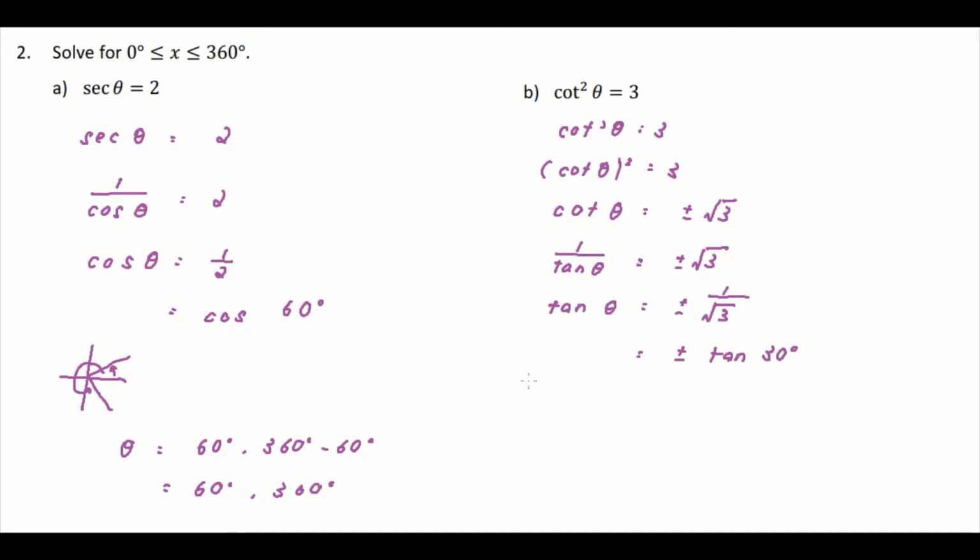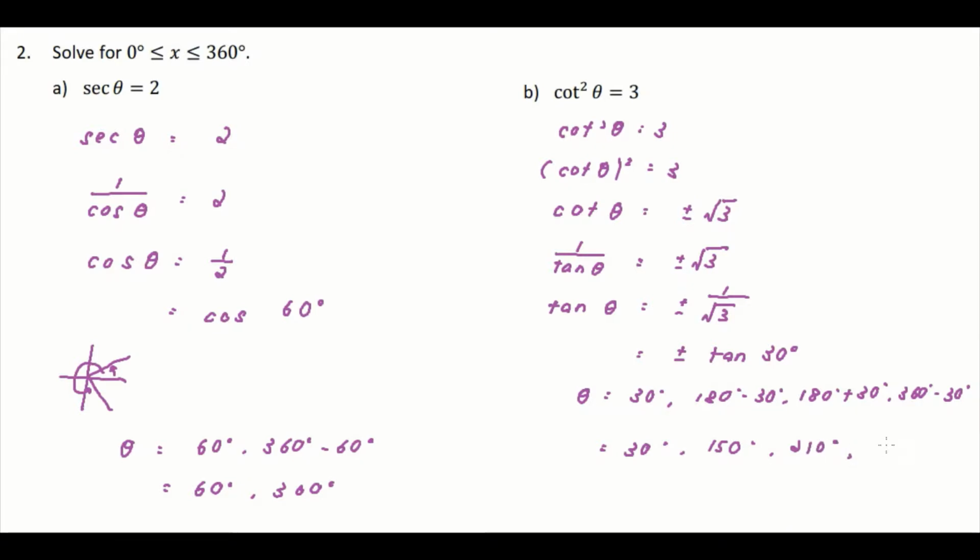All right, so after that, same thing. Now you have positive and negative, so you know that all 4 quadrants can be accepted here. Meaning you should have 4 answers here, which is 30, then the other one is 180 minus 30, 180 plus 30, and the last one is 360 minus 30. Okay, which your answer is 30, 150,